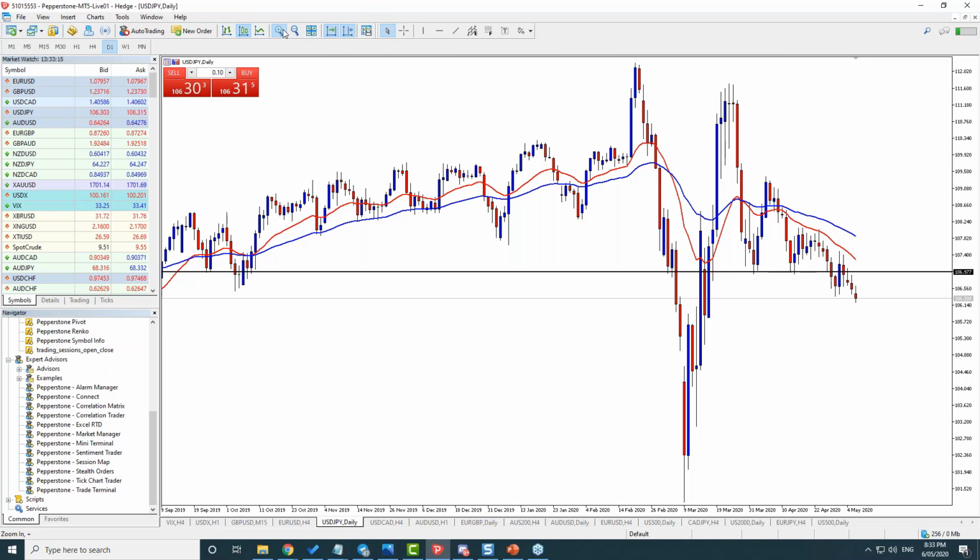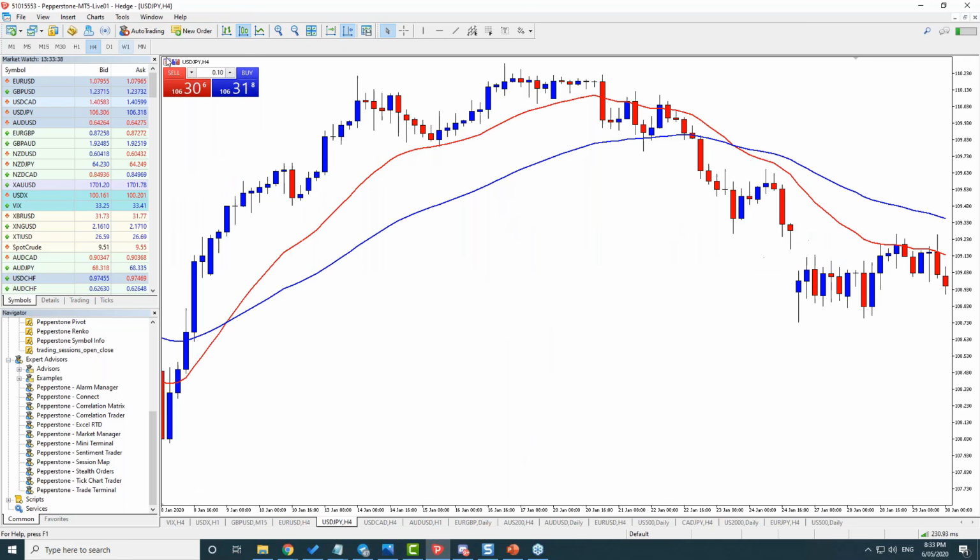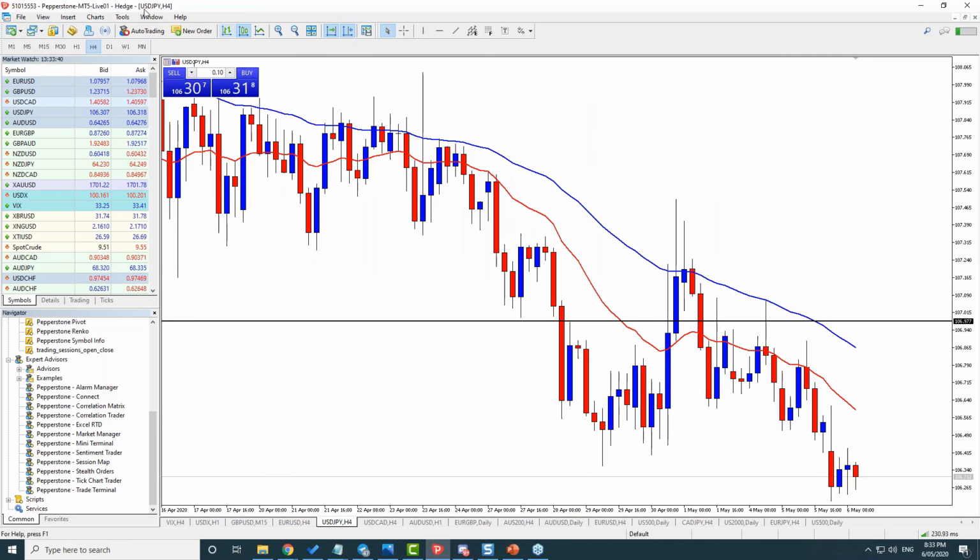I do this because anyone that's come to any of our webinars recently knows that I've been talking about this support, and I mentioned that a break below this support really exposes this level down here, and it's well on its way. It's already trading almost down to the 106. So we've got this support that is very, very strong. It's then broken through, and when it breaks through, we can get a bias to a direction. We already knew the direction was possibly down, but this helps us then say, okay, we're only going to